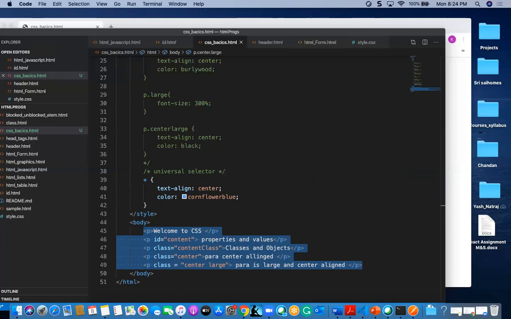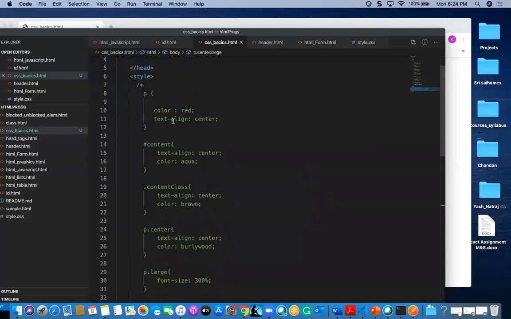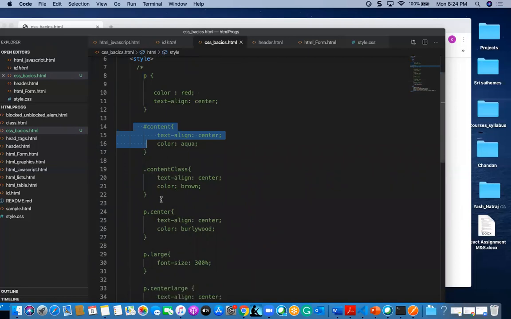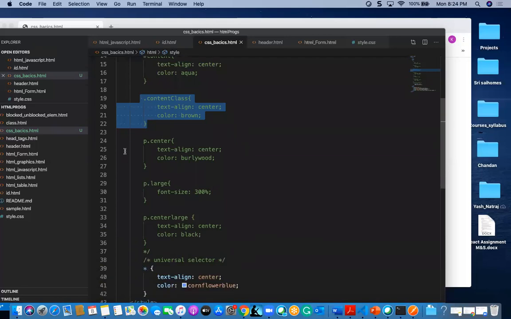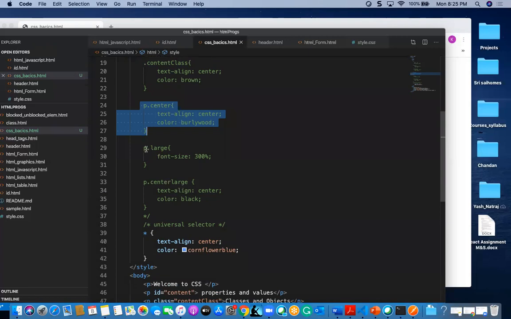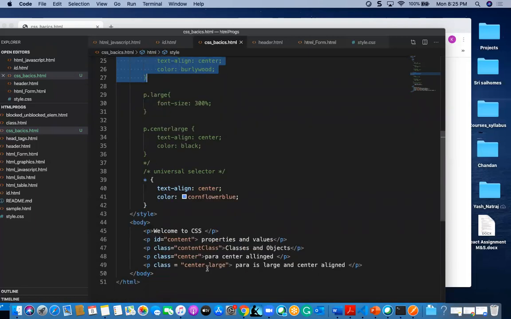Okay, so we saw element wise selection. This is element wise selection, and this is like ID, and this is like content, and also this is like element of an element, and also we saw separating to center and large.